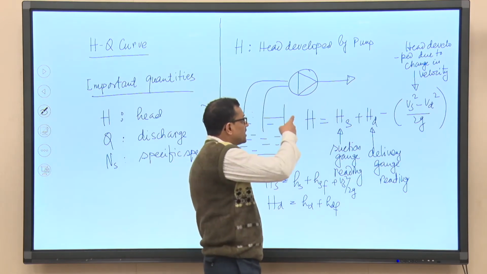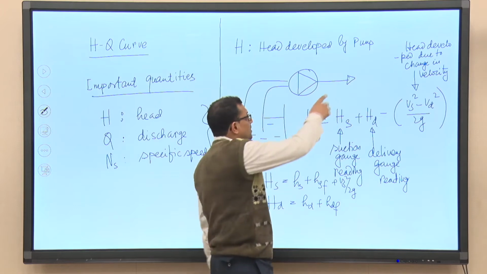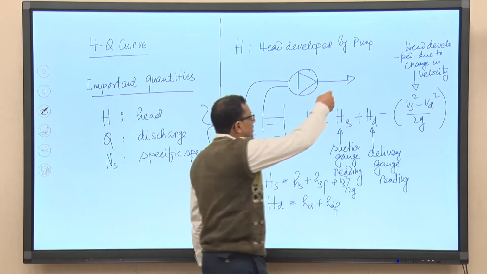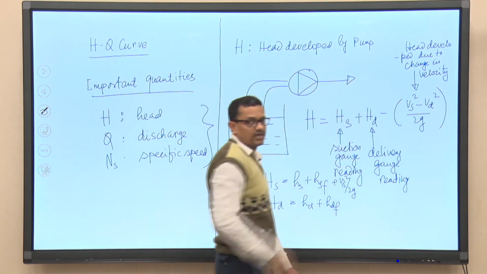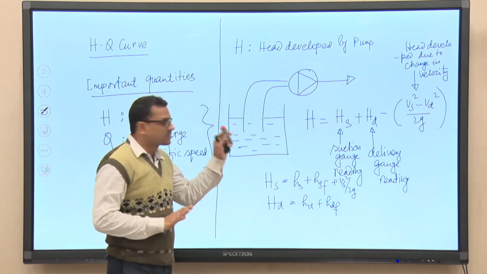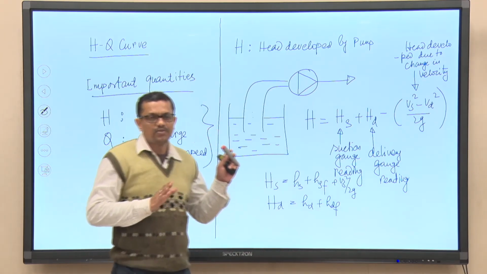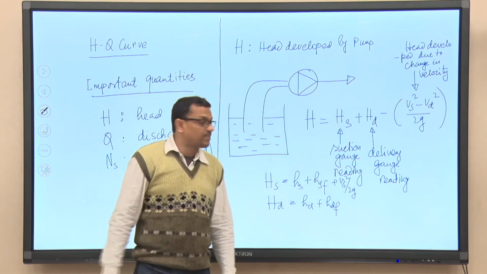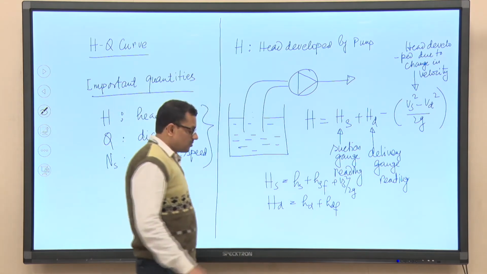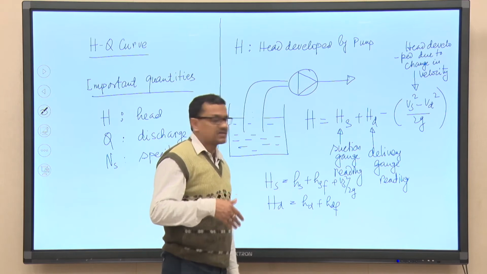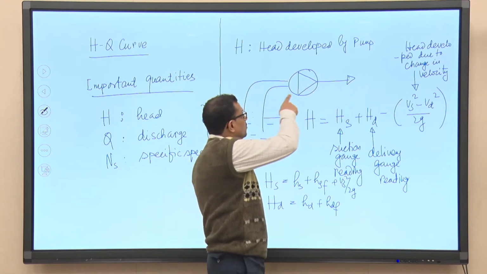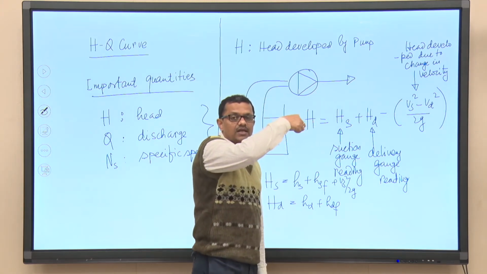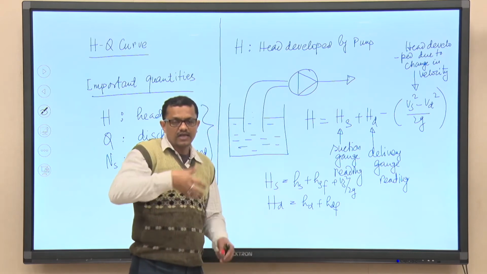When the experiment is done, that is known as testing of a radial flow pump, the delivery valve remains fully closed before it is started, and then the pump is started, and while the pump is running the delivery valve is opened gradually, right. Suction side it is fine. There will be a suction valve at the suction side and a delivery valve in the delivery pipeline. Both should not remain open when the pump is started; the delivery valve will remain closed while the suction valve will remain open.